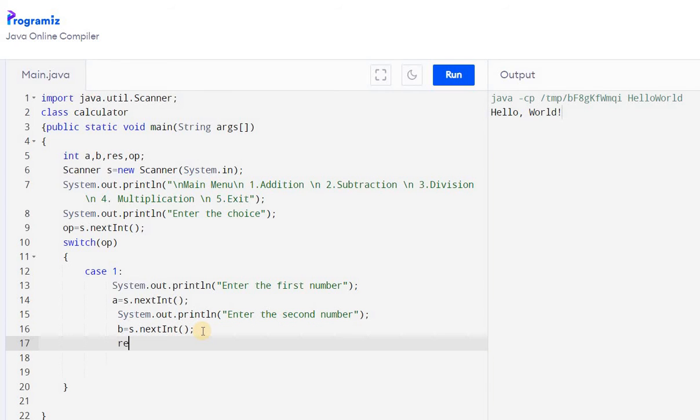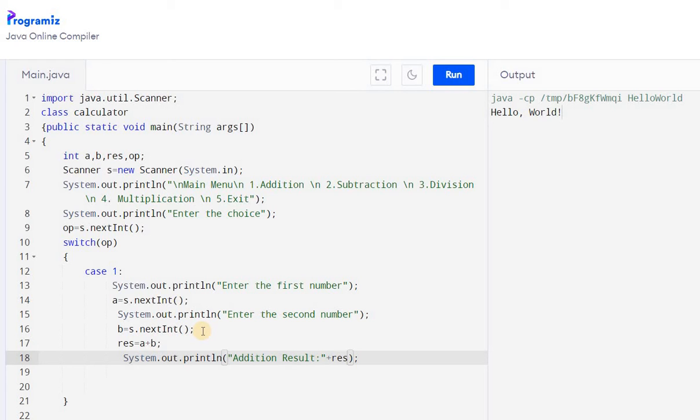So our result, res, is equal to a plus b, and here we are going to display the output: addition result is plus, the result is in the variable res. So this is case 1.